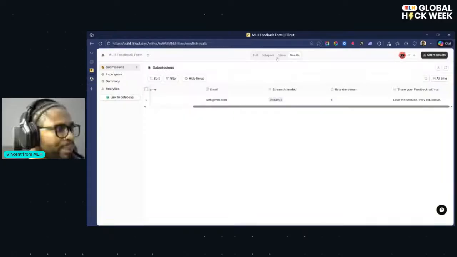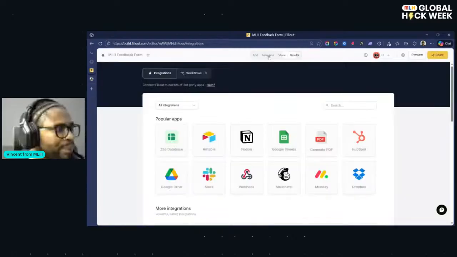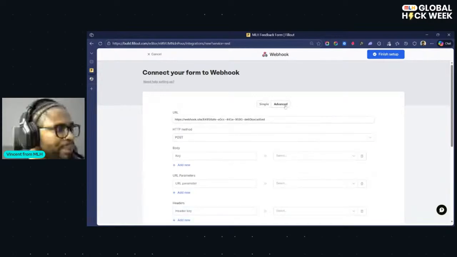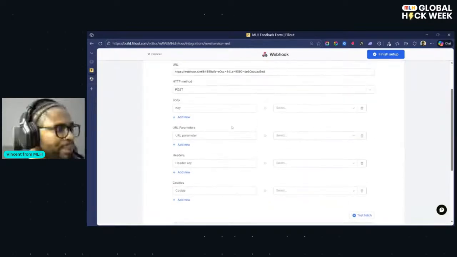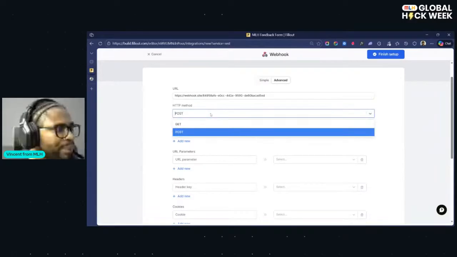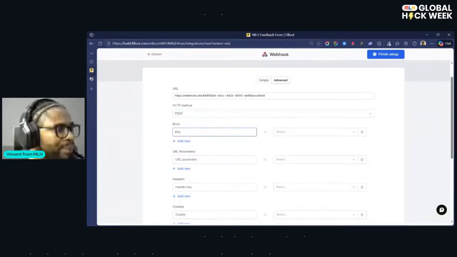So it's an assumption, so we can actually use that. This is just a platform on its own, and we can do this programmatically, but I'm just doing it from the UI. I can integrate webhook and paste that URL. We have an advanced option in case I want to pass some additional data into this API. Again, it's an API. It is a POST request. Yes, we are posting a form. I can define the body that I want.